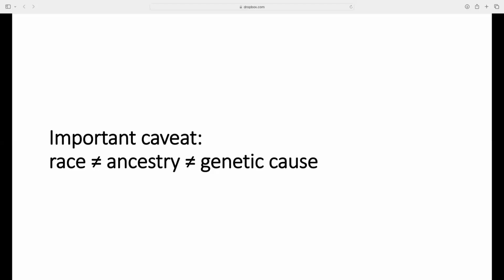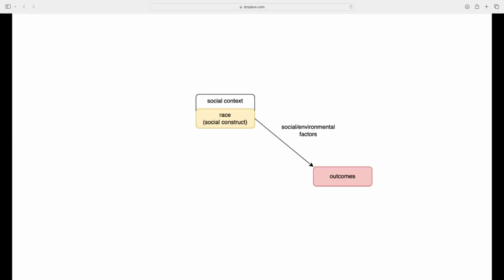And specifically, the way that I think about these ideas, I usually think about directed acyclical graphs, or DAGs, so I'll outline in that same form here. If we think about race as a social construct that exists within a specific social context, when we think about disparities, we're often interested in understanding how race is correlated with factors related to, for example, social determinants of health or racial discrimination that lead to clinical outcomes.